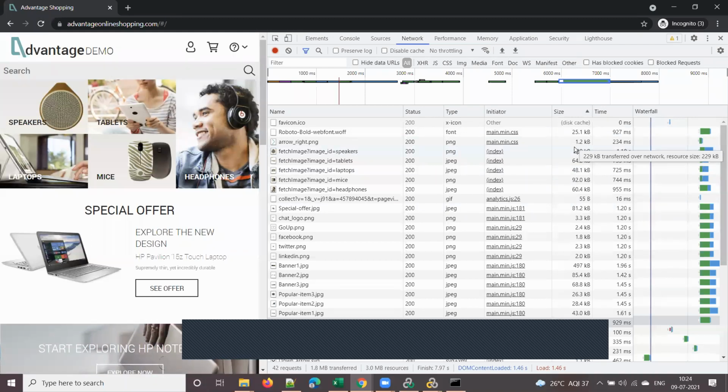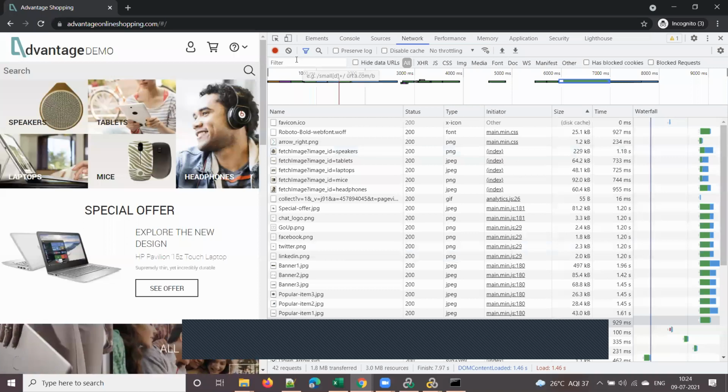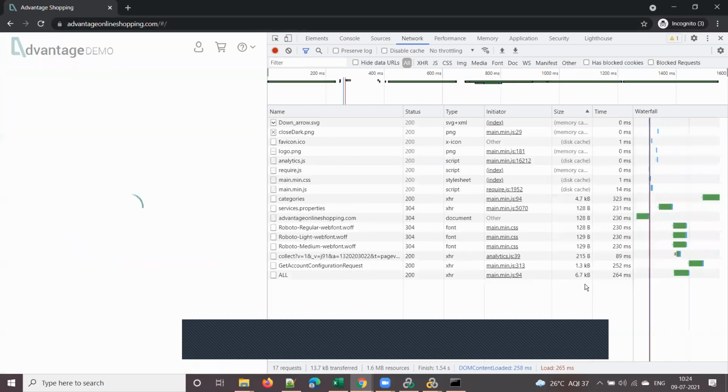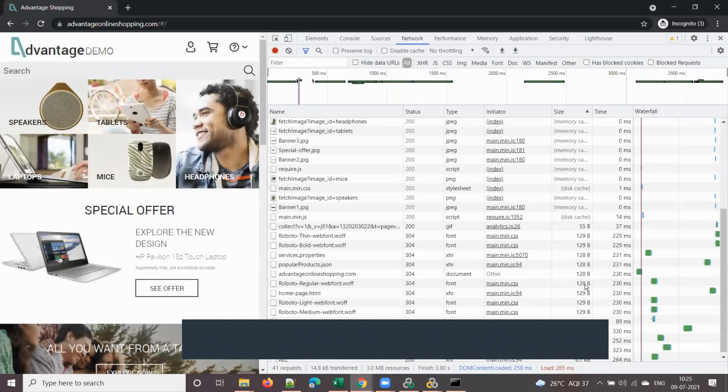Are you guys able to follow? Yes, teacher. Right? So it took 8 seconds. Next time if you load the page, it may load faster. I'm refreshing the page, it will load faster. How much time did it take now?